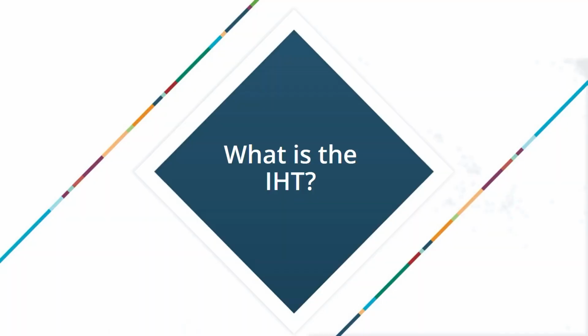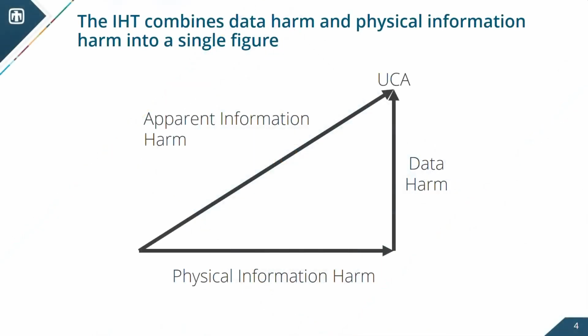And so what is the information harm triangle? Well, the information harm triangle starts with data, right? So one of the things that's really interesting is that, as a control system designer, the control systems don't interact directly with the physical world, right? You have analog to digital converters, you have digital to analog converters, and what they're really doing is they're taking a snapshot and they're producing a digital representation of what they believe is occurring within those physical processes. So it's no different than if you were to take a photo of me and then add a mustache, right? You're not really impacting the physical world.